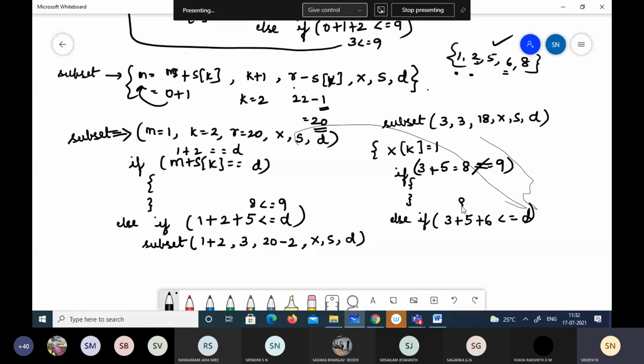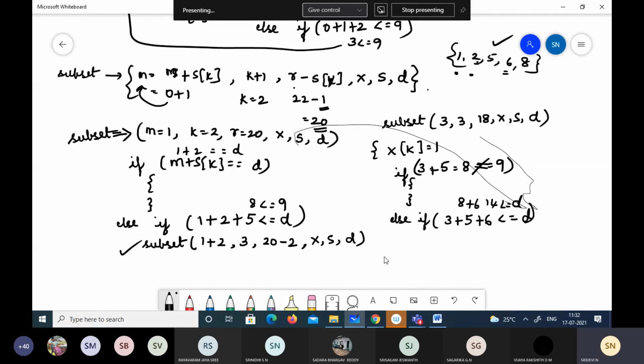So now 8 plus 6 is 14, which is not less than or equal to d. 14 is greater than d, isn't it? So I cannot call this subset function again. I should exclude the third element and try with the next one.